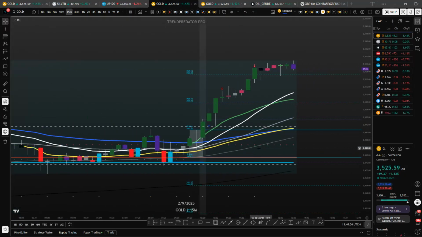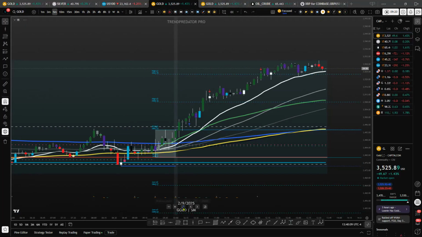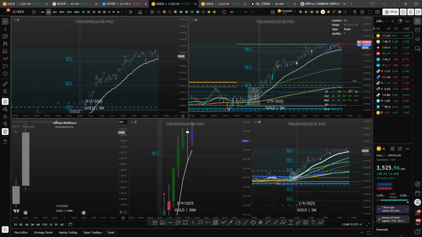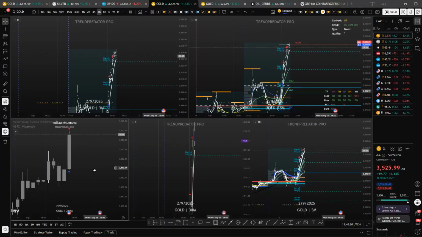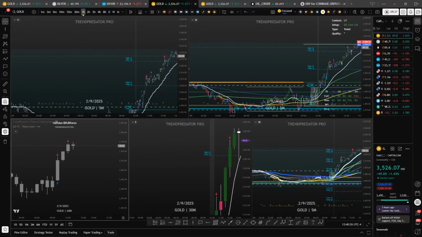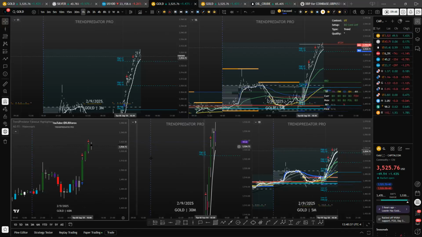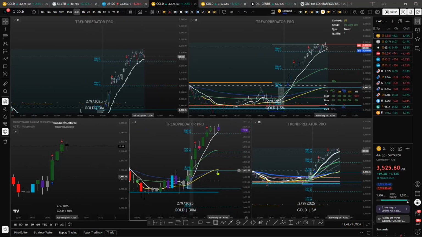Okay, back to the 15-minute chart. So at that point, when I'm trading, I'm looking at a series of time frames, looking for confluence across multiple time frames. So I'm looking at the hourly chart. Well, I was actually zooming out, looking at the 4-hour chart for this trade, but usually I'm just bringing it down to one hour. You can see the market there breaking out of a coil. Over here on the 30-minute chart,